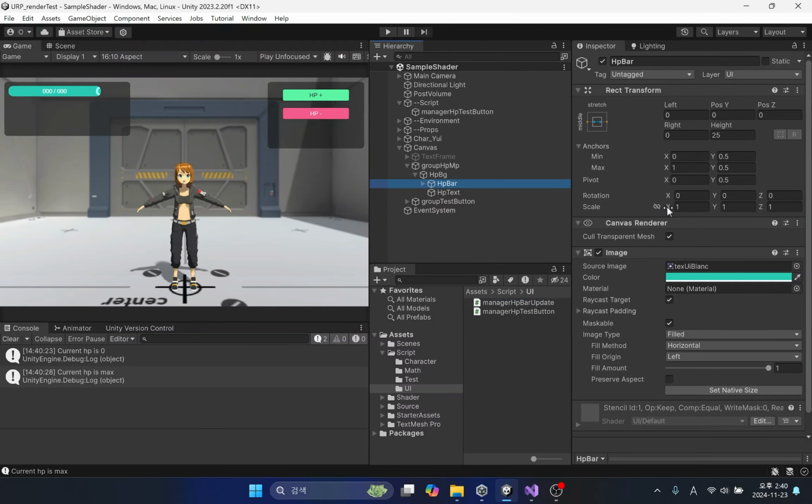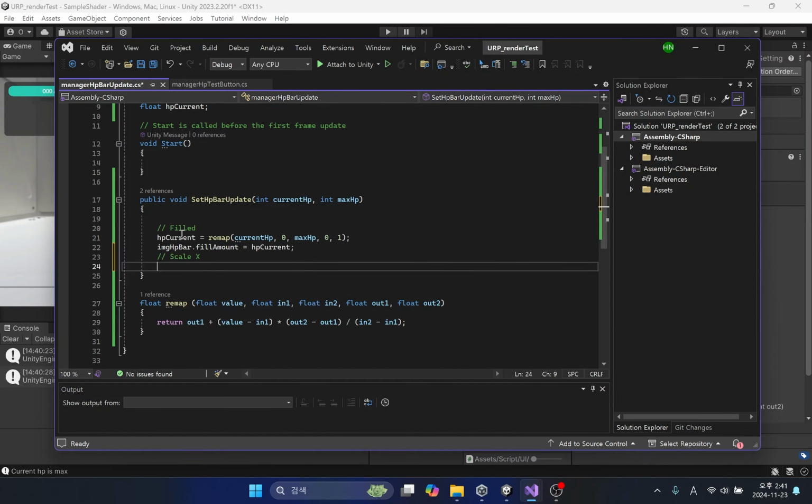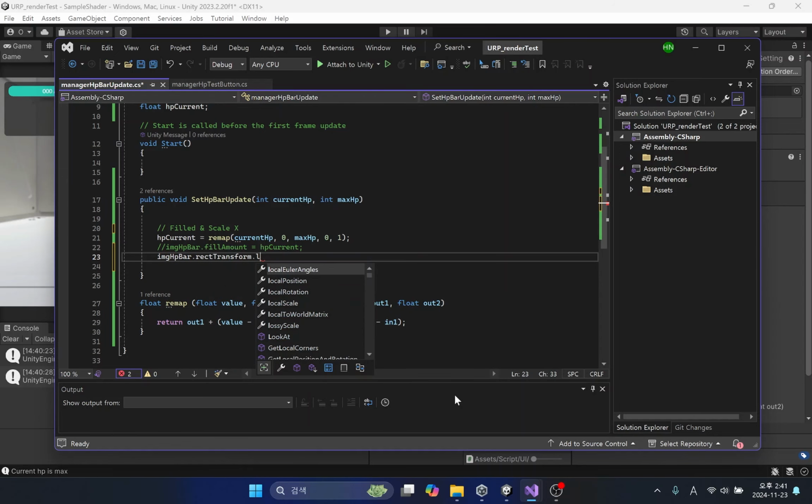The range of scale X values can also be applied between 0 and 1, just like fill amount. We will access the local scale variable of the rect transform and change its value.